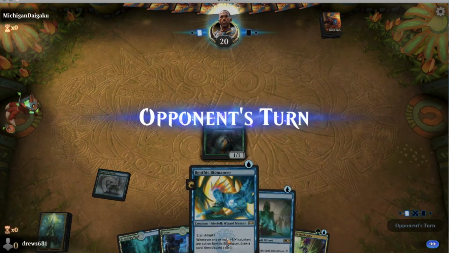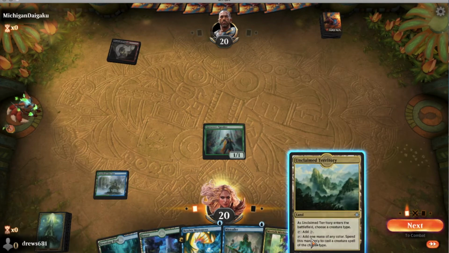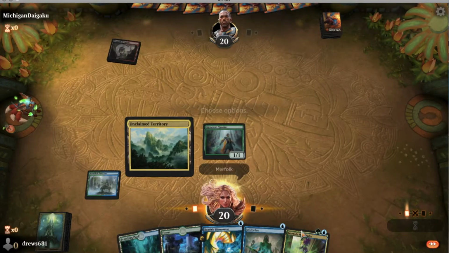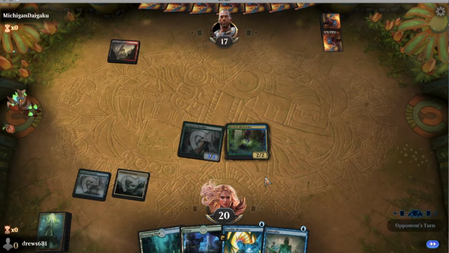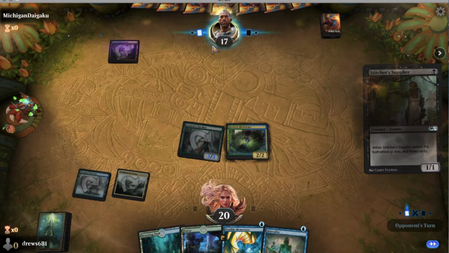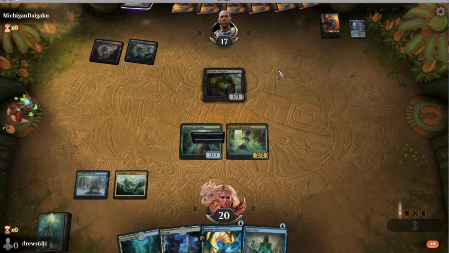Out of the 3 1-drops, I usually like leading with Commander Speaker, just because you get a little bit more power on board faster. So I'm going to play the Territory, Merfolk Mistbinder, and then we'll get it for 3. So yeah, Merfolk generally, at least in Historic with this deck I found, has been quite pressure orientated, so you want to make sure you get a good board